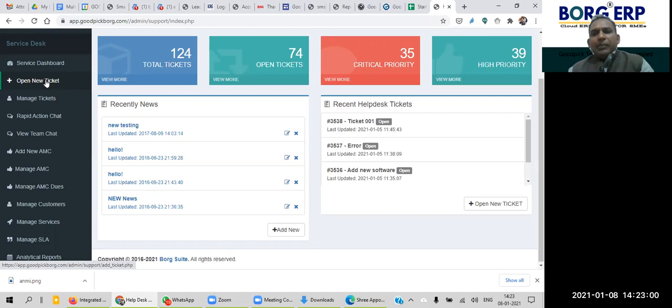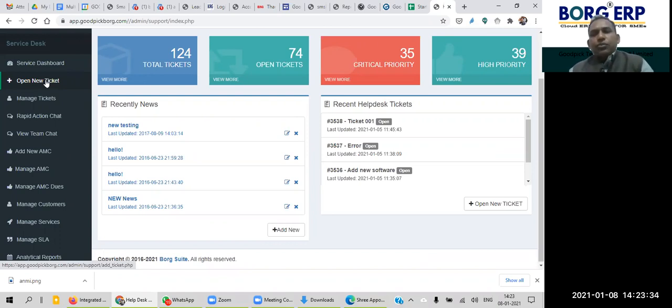Ultimately there are two chances: the issue the customer is encountering may get solved, or the issue may remain there. So there are two options. But from the point when the call or mail is received by the support desk from the customer,